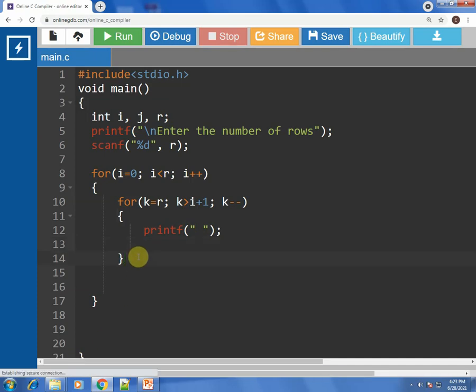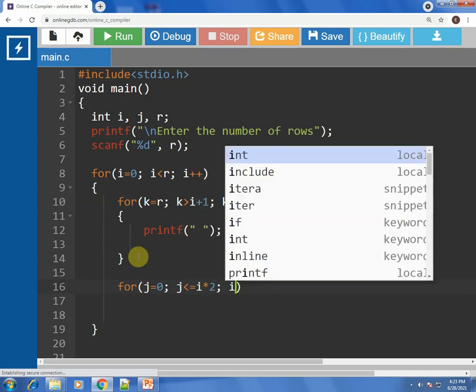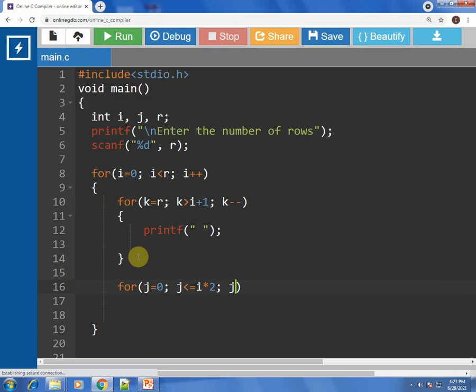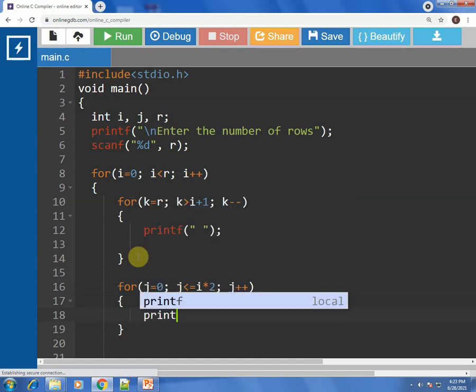After we are done with the for loop of printing spaces, we now have to write a for loop for printing the asterisk sign. Let's use a variable, say j equal to 0, j less than or equal to i into 2, where i is the outer loop variable. Okay, so that's the j for loop. Inside the j for loop, we are printing the asterisks.